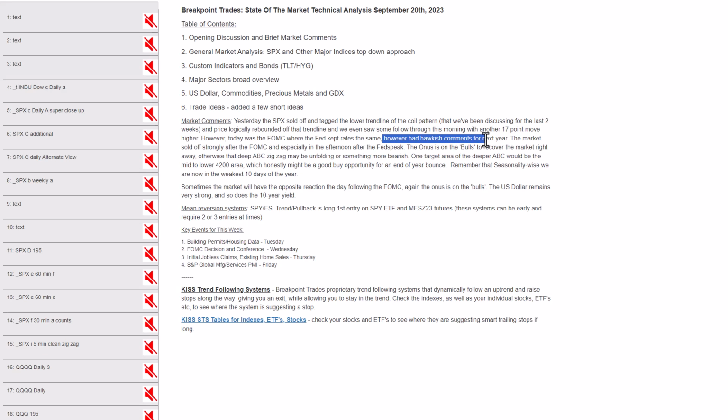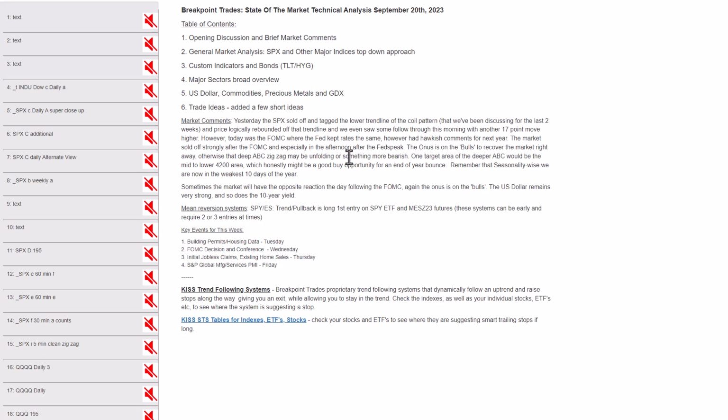That's quite a long time. Again, obviously things can change, but the market didn't like that. Not surprised, quite honestly. But anyway, the market sold off strongly after that FOMC. Now, guys, the onus is on the bulls to recover this right away. Sometimes you get the opposite reaction after the FOMC, so it is possible. But we did have a bearish engulfing candle today, so not a pretty candle.